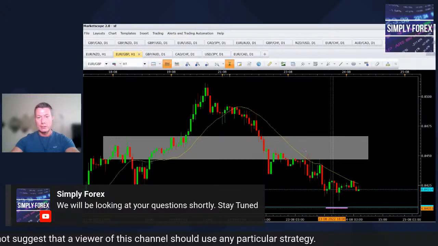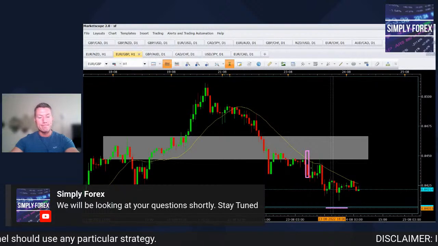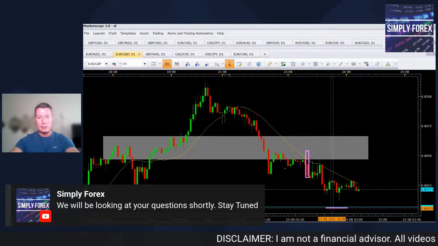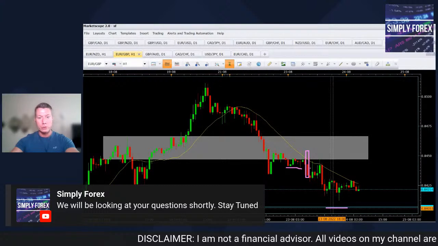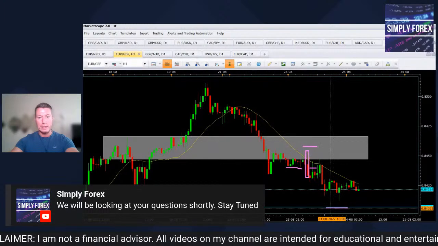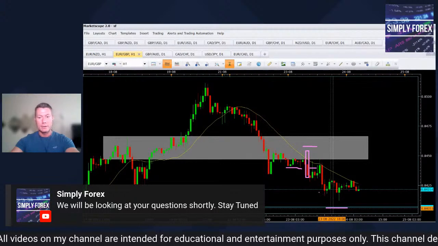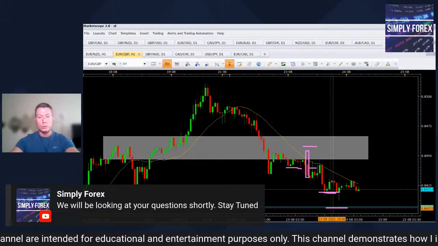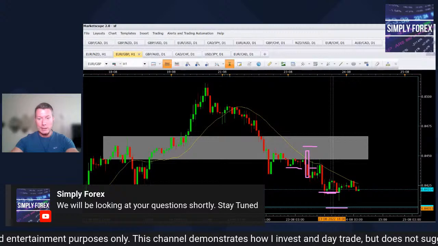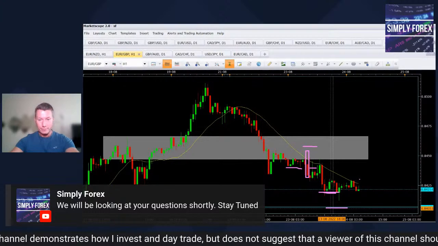So I entered on this candle here. I got a nice retrace, guys, up to actually these last lows here. So I've got a retrace here, entered here, put my stop above here, and then closed around here for a risk to reward of 1:1. Well, more than 1:1, to be honest. So I closed 80% here, and I'm still in this trade for 20%.